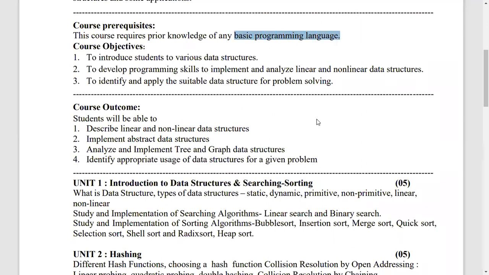Right. Now, how many programming languages have you completed